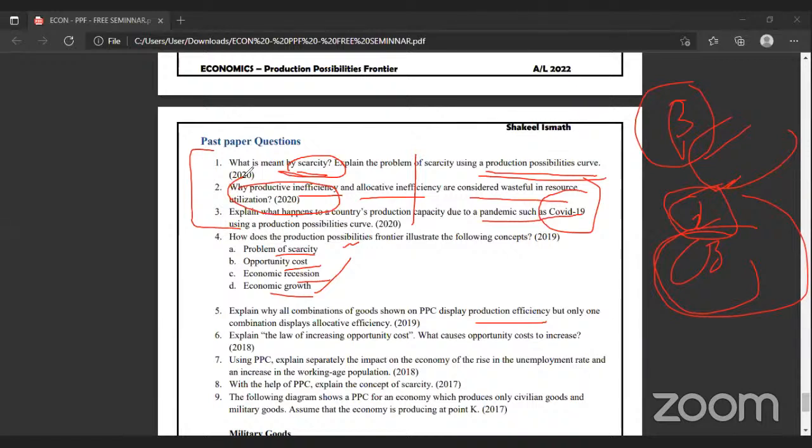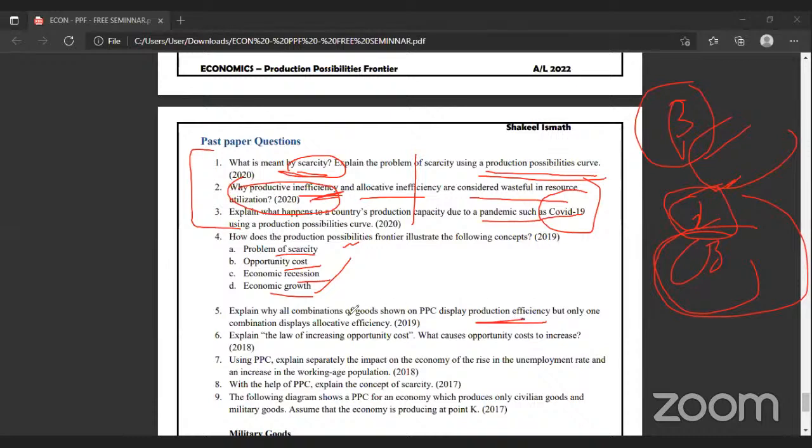That's what students feel, that the economics question paper is a little bit difficult. If you don't use your critical thinking, if you don't use your common understanding, you need to work on it. If you just memorize the text, if you memorize the notes, you will not be able to face at least minimum 20% of the questions. You know why? There are some indirect questions. It doesn't mean they are out of the syllabus, they are 100% from the syllabus, but they don't ask directly. Like this question is an indirect question, but this is a direct question.